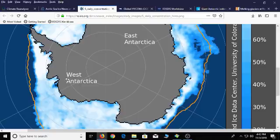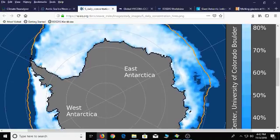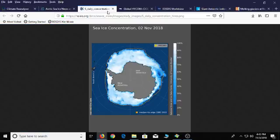Also, right down here is Pine Island Glacier, and I've got an article I'm going to share with you about the iceberg that broke off a few days ago down there. And of course I did a complete video on the iceberg that broke off last year from Pine Island Glacier, and this is a continuation of what we were looking at there. And then up here we're going to look at the Larsen C and the big iceberg, the A68, that broke off from the Larsen C last year, and we're going to look at that and see where that is. So we've got quite a bit to cover today,